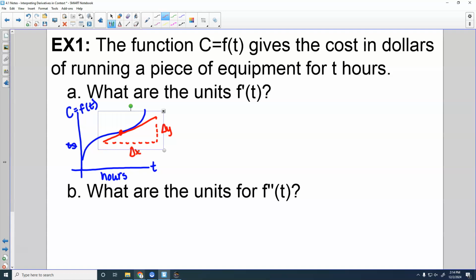So in this case, what would the units be for my first derivative? It would be dollars per hour. Because your dollars are your unit